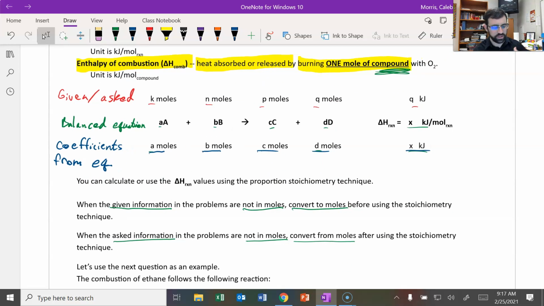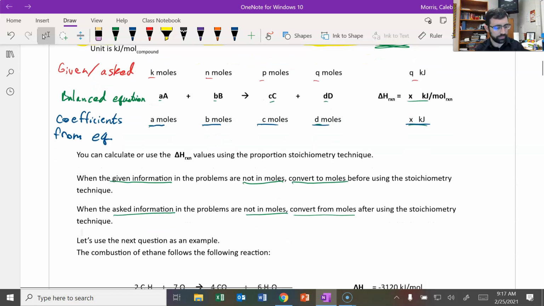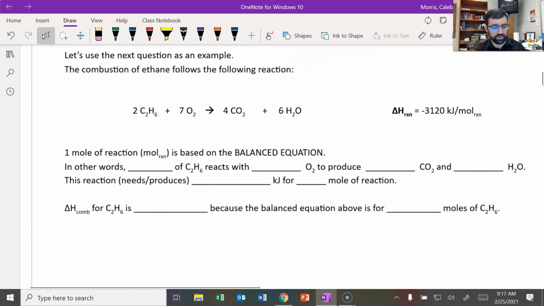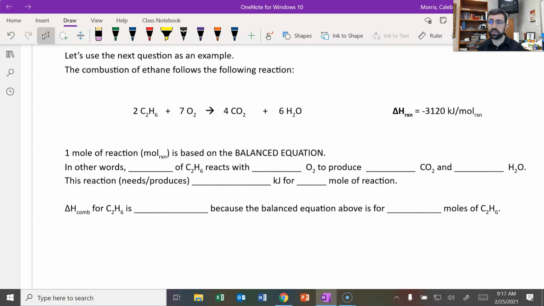Nothing new really, it's just written out in a little different way because this is a longer form of reaction. We've got a lot involved. Okay, we're going to use the next question as an example, but first let's talk about the information that you can glean from this equation. All right, the first thing that I notice